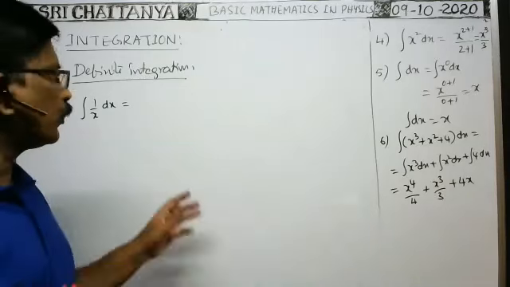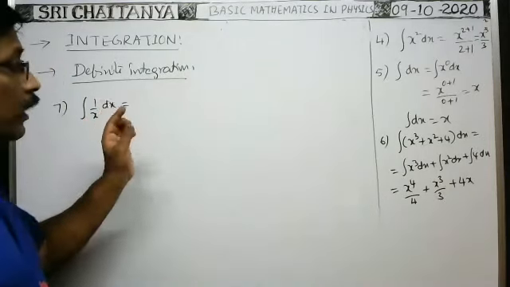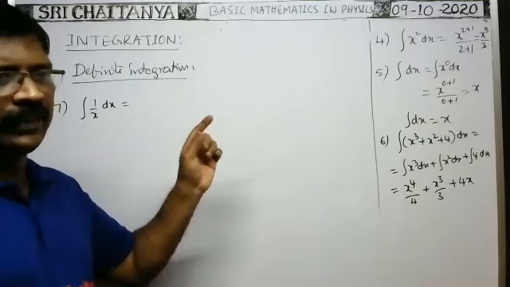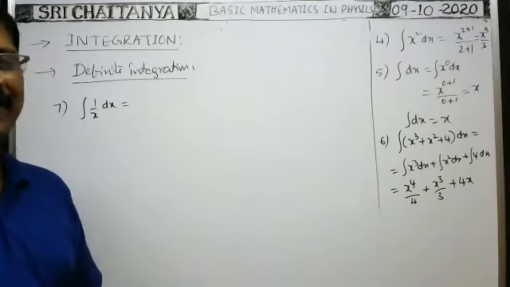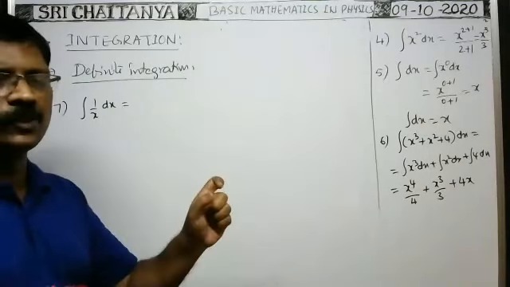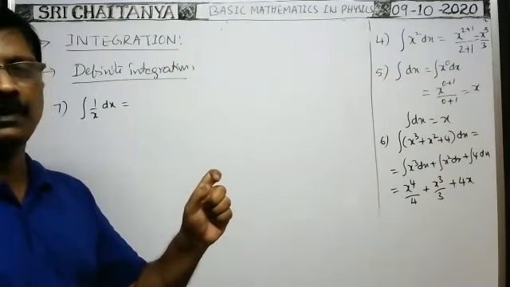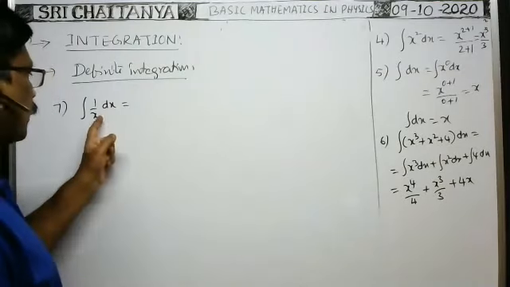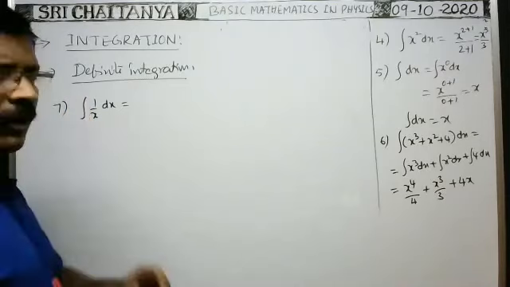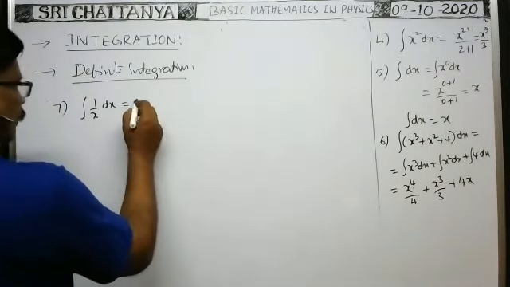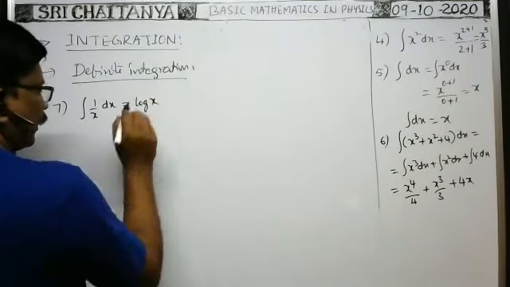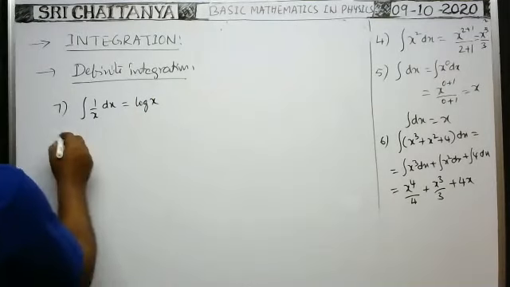So in these cases we have to think, which function when differentiated with respect to x gives 1 by x. If you differentiate log x you get 1 by x. When 1 by x is integrated, log x should come, therefore log x. So this is equal to log x. Okay, next